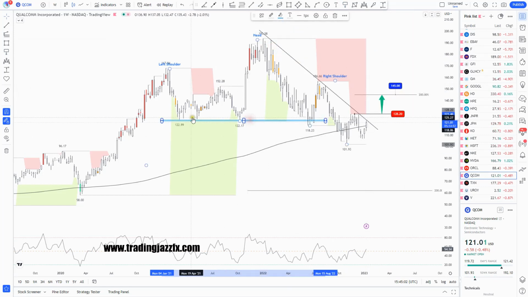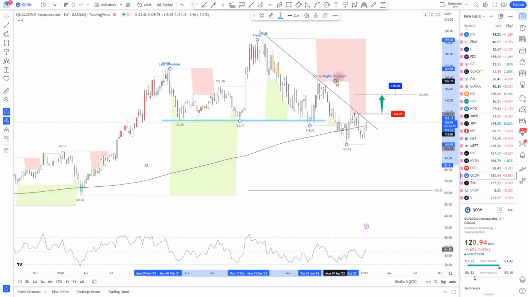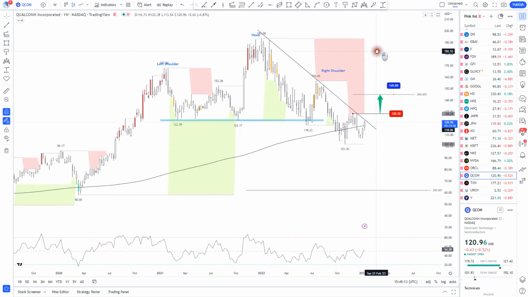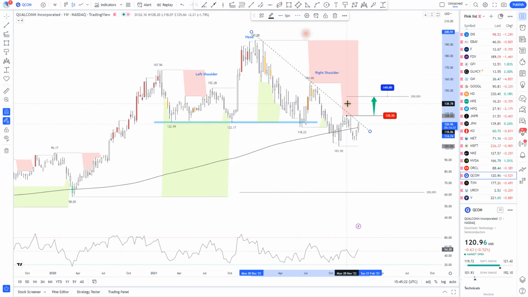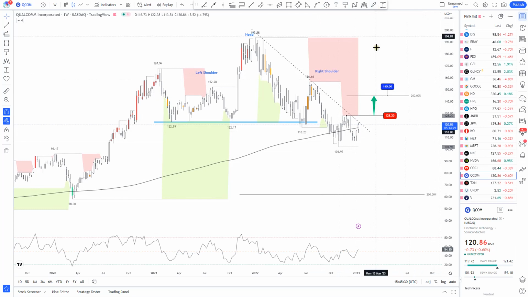But as you can see, for now we are trading below what we may call the next zone for this head and shoulders formation. Actually, we can see this head and shoulders like this, and this is the trend line covering the recent highs. Both things can happen, which means we may see a move to the upside with a breakout above the resistance, the price achieving the targets at 145, and then pull back again to the downside.